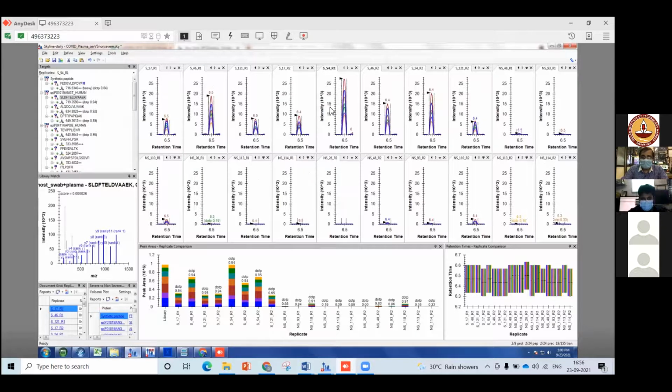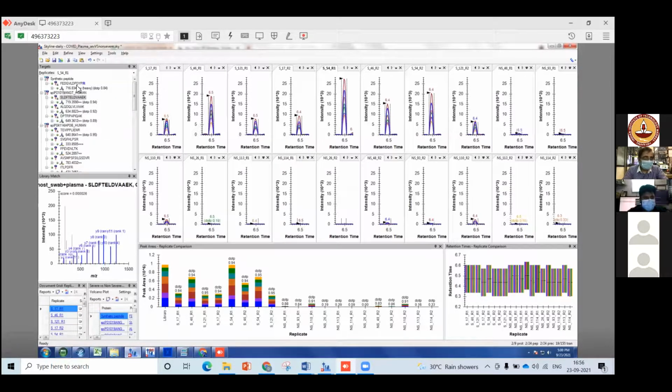That's where you see this graph below, where you can see the quantification for these peptides. These are the severe group of patients on the left side here and the non-severe on the right side. And Deep can now show you some of the Skyline data for their intensities on the top.